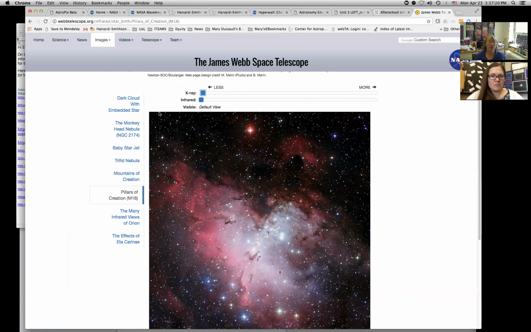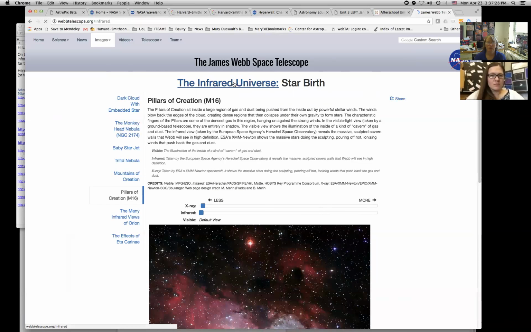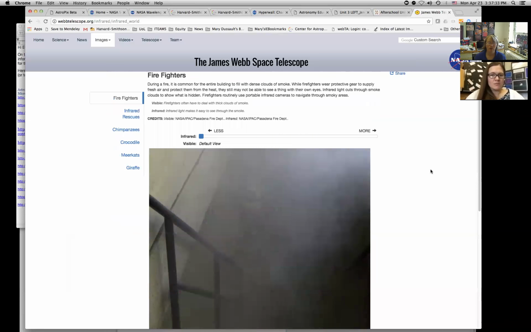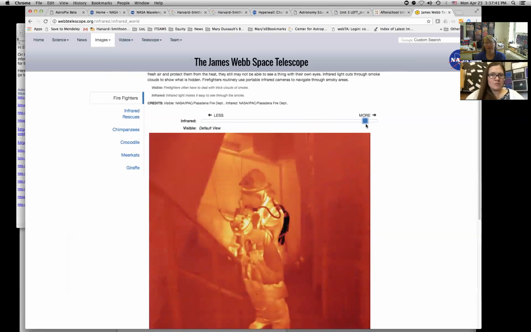And the nice thing about this site, if I go back to the home page, it has everyday objects too. So here's an optical view of a smoke-filled cellar. And if you use an infrared camera, a thermal camera, which is what a lot of firefighters use when they're in smoke-filled buildings, you can see that the warm people who are emitting infrared